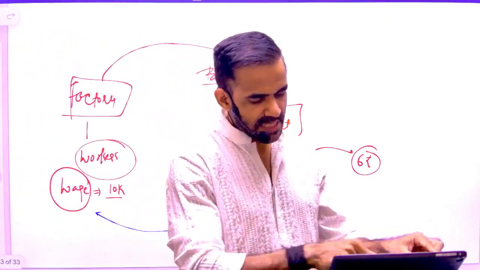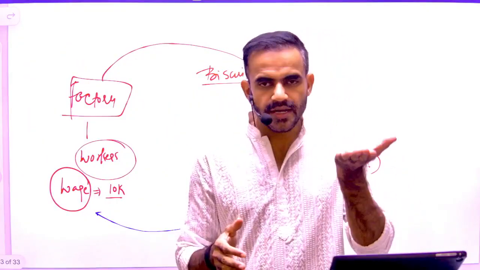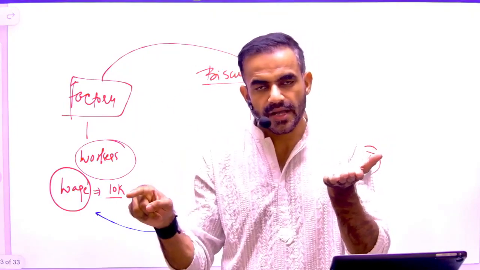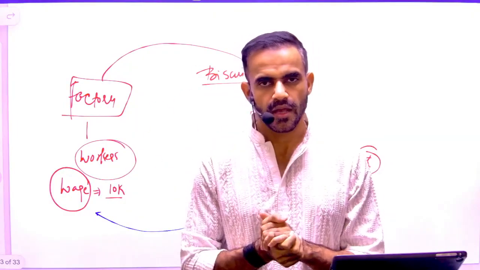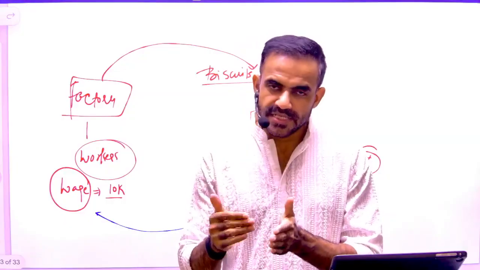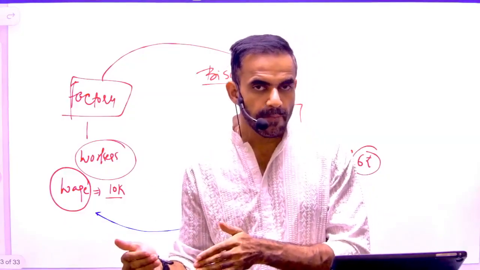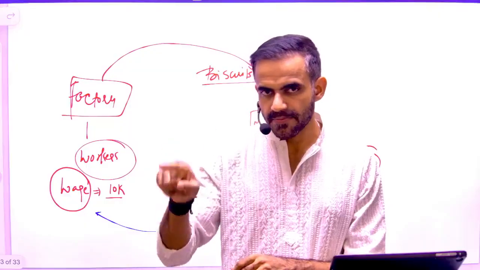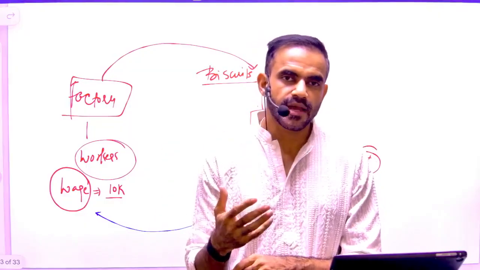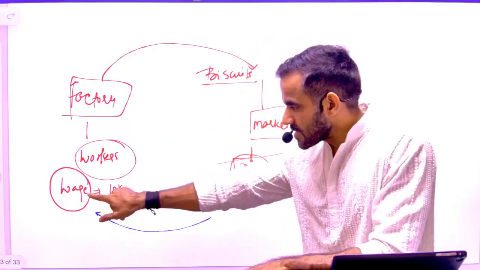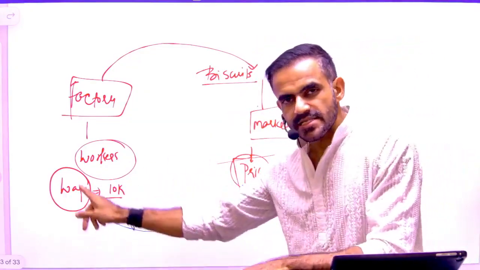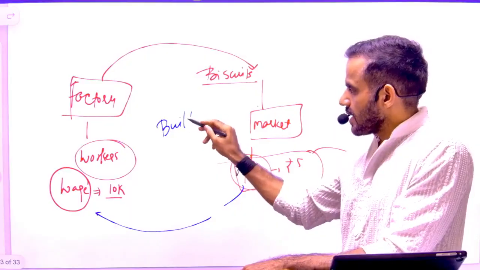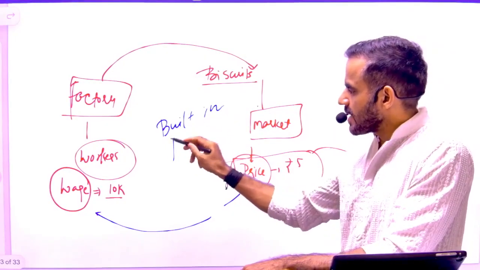So in a very simple sense, this says that the general inflation in the economy is increasing. Because of the general inflation, the workers are demanding higher wages or higher salary. Because of that, what is happening? The companies are increasing the salary of their workers, but before that, they are increasing the price of their product. And simply this cycle continues. This is referred to as the wage-price spiral, or this is also known as built-in inflation.